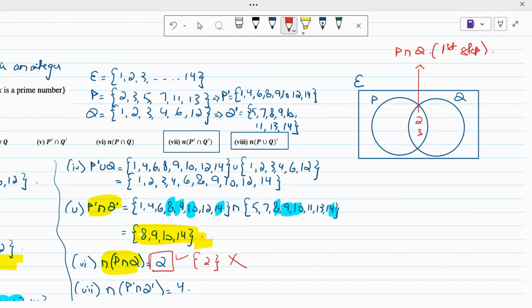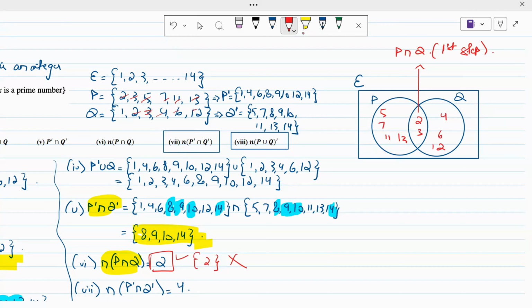Next, you fill the remaining elements of the two sets. For P and Q, 2 and 3 are done. Now for P, the remaining elements are 5, 7, 11, and 13. So 5, 7, 11, 13 are all filled. You keep crossing them off so that you don't miss any. And for Q, we have 4, 6, and 12. Once you have